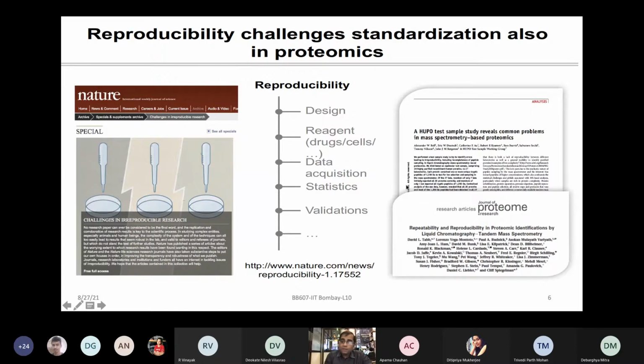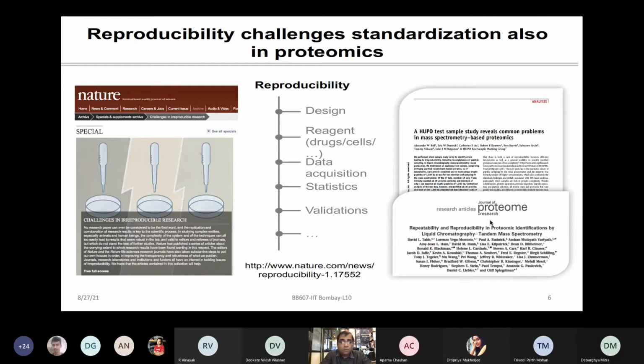Likewise, there are guidelines from the Journal of Proteome Research and Molecular & Cellular Proteomics. These are proteomics-specific journals, which from time to time give guidelines about what your considerations should be to make your experiments more reproducible, and what data quality will be acceptable for publication. So I just gave you 3 different things very quickly. Look into Rudy Aebersold's papers. Look into HUPO, these kinds of studies on community-based testing. And some guidelines for mass spec and proteomics keep coming in these journals, such as the Journal of Proteome Research, which should be followed.